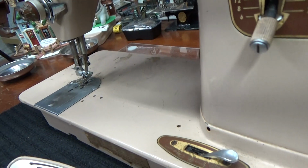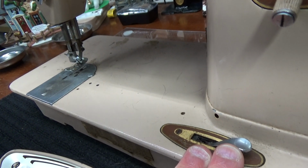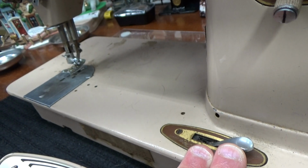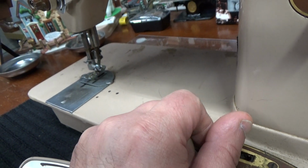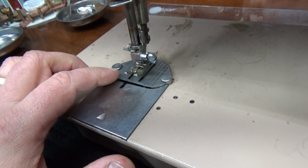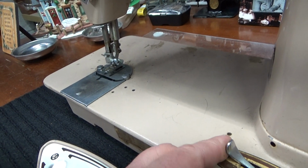you'll see this cool feature where in most instances you're dropping the feed dogs, right? Here on the 500 series machines, you're raising the throat plate so that when you move this lever, it actually causes that throat plate to pop up so that those feed dogs are disengaged. I think that is just an awesome feature. And then you just move that lever back